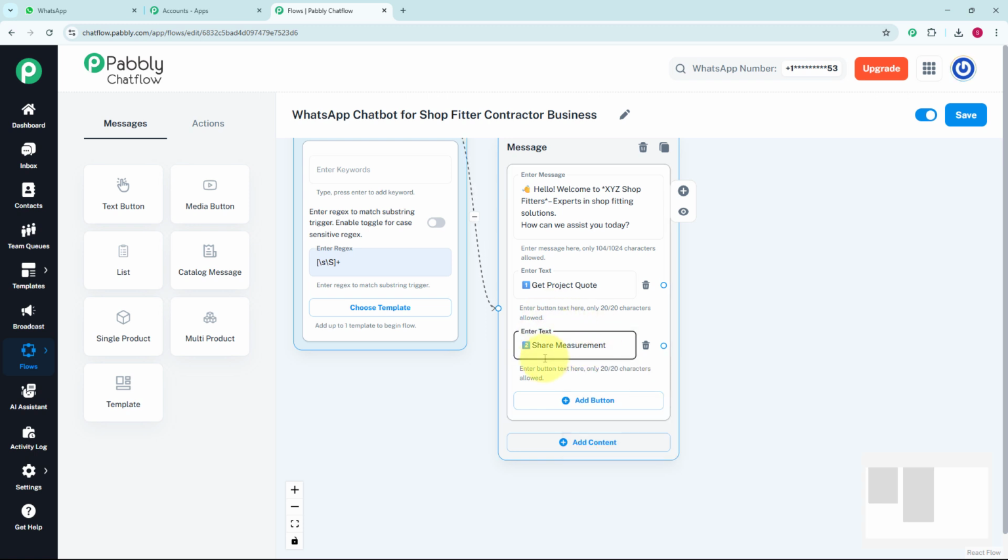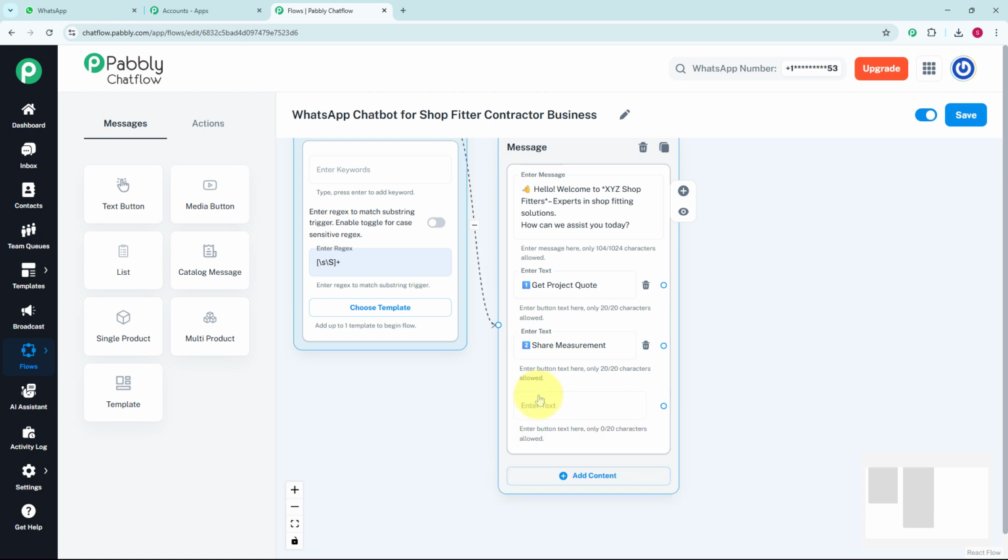Now I am going to create one more button. So just click on add button and enter the text of your third button. So I have created even my third button, that is schedule visit. So here you can see I have entered a welcome message for my customer and created 3 buttons in this